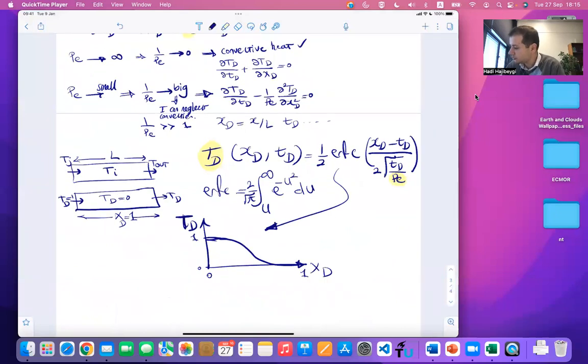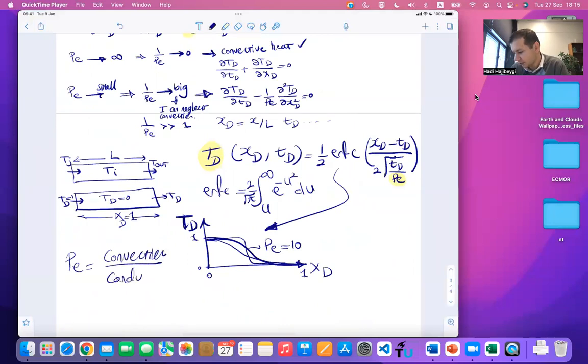And then when I change Peclet number, which is the ratio of convective heat flux to conductive heat flux, I see the consequences. Let's say I can plot it with Peclet number 10. Now I can change Peclet number to be 100 or 1. And I can see the impact of it, whether it can make it sharper or it can make it smoother. Because Peclet number is convection towards conduction. And if I increase it, I increase convective force, so it will make it sharper. If I reduce Peclet number, then I am increasing the denominator, the conduction, so it will make it smooth.